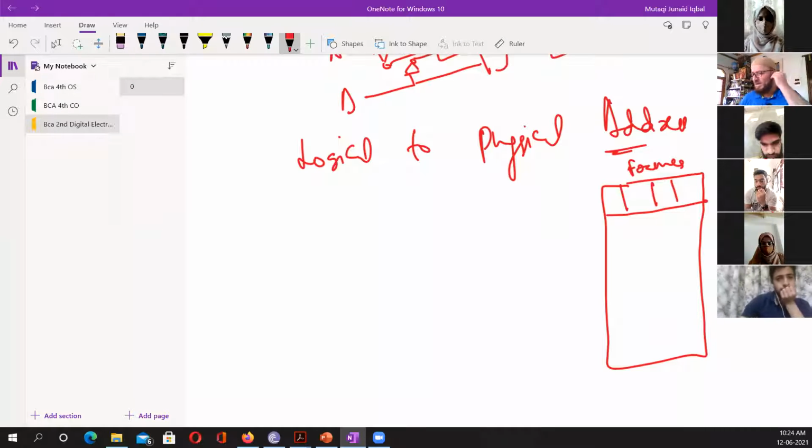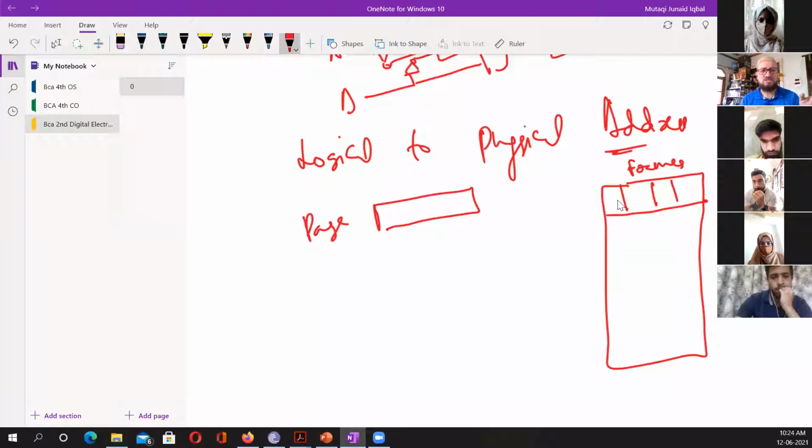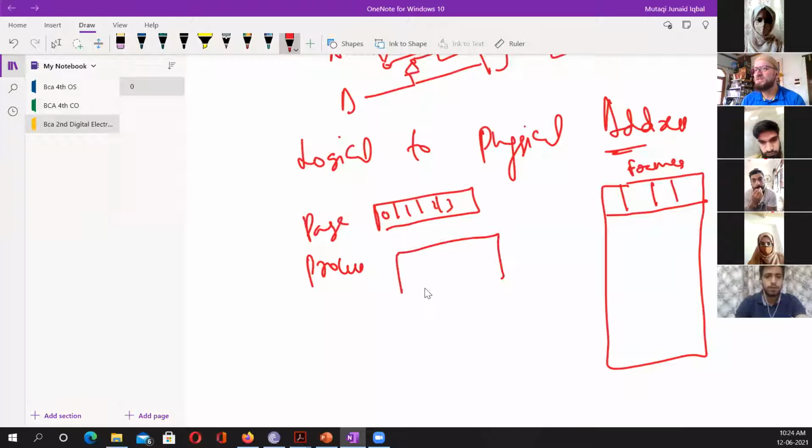Anyways, we are saying that we want to go from logical to physical address, and I'm giving a very simplistic example to understand how this page number versus offset stuff works. So we have frames, and we know the page has to be the same size as the frame, because the page is in the process and the frame is in the RAM, they have to be the same size. So if the frame is 4 bytes long, the page is also going to be 4 bytes long. Does it make sense? So the frame is also 4 bytes long, 0, 1, 2, 3. Right? So if we have some process,